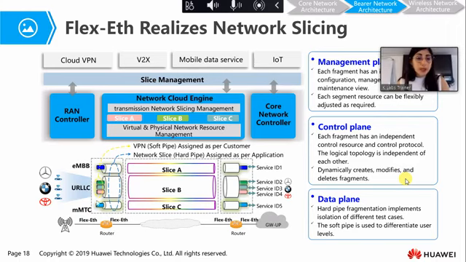But we can see from here, inside the pipe of ultra reliable low latency communication, we can make a further differentiation. We have here three different vehicle constructors, which are, for example, BMW and Toyota, and inside the same pipe we can have the soft pipe to differentiate at user layer, at user level. So the flexible Ethernet is the key technology that allows us to accomplish the slicing at the barrier network.